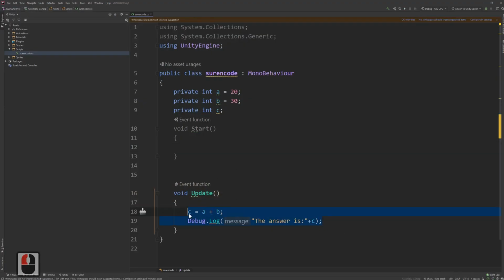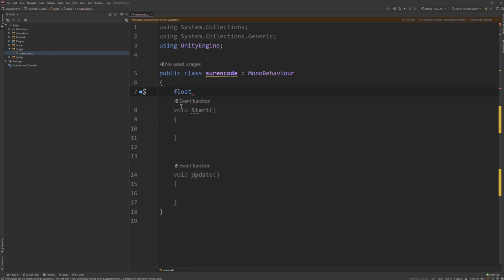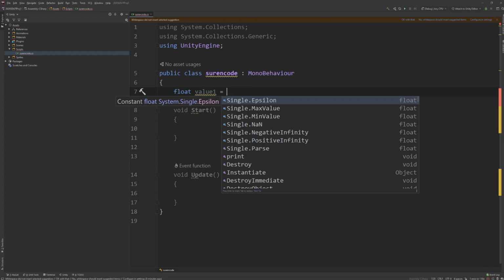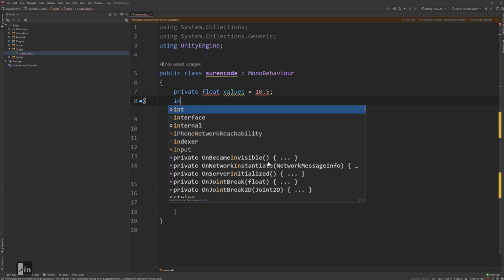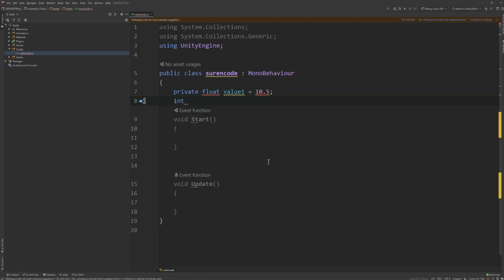Now you can do the same thing with float as well, if you want. How to do float is very simple. Float value1 is equal to 10.5. There is an error. Why? Let me show you why. Int value2